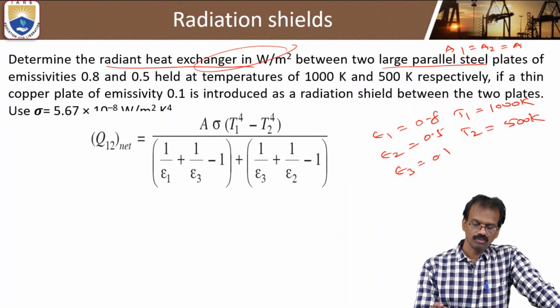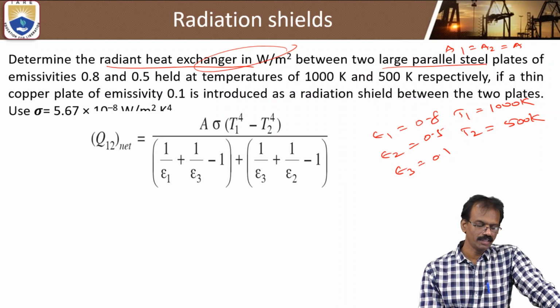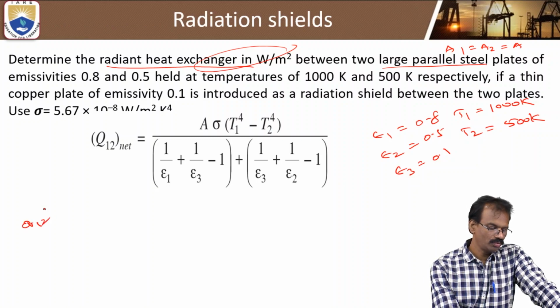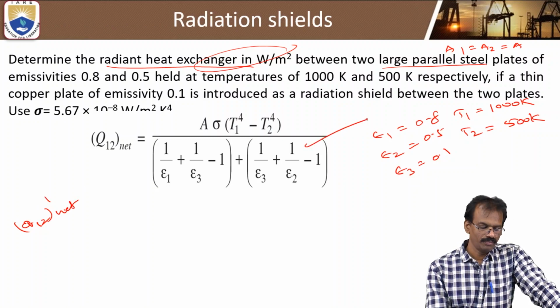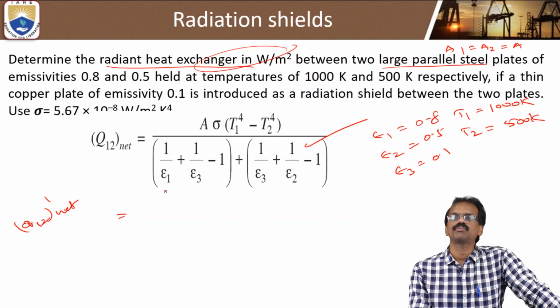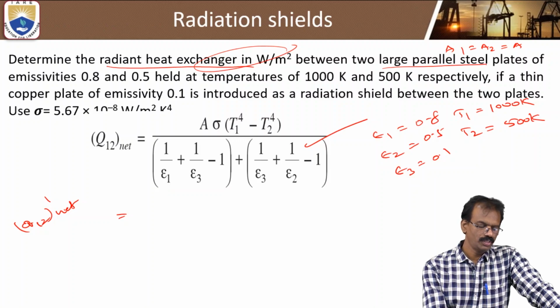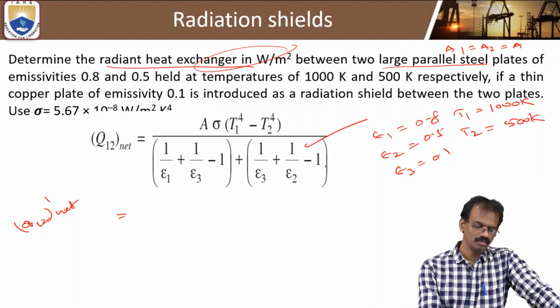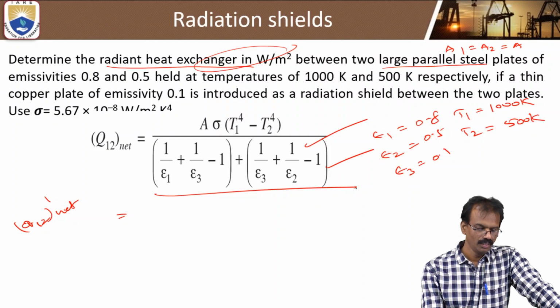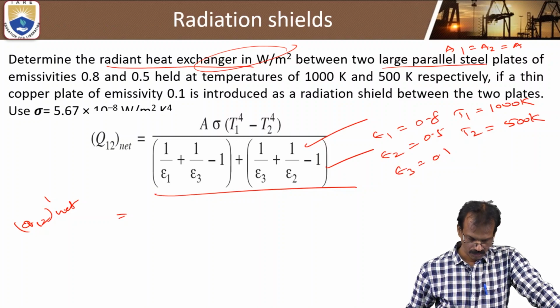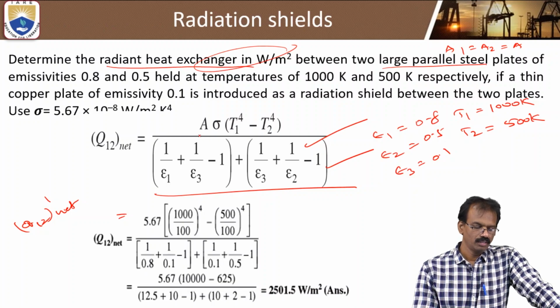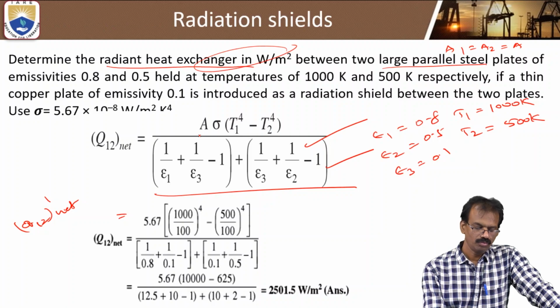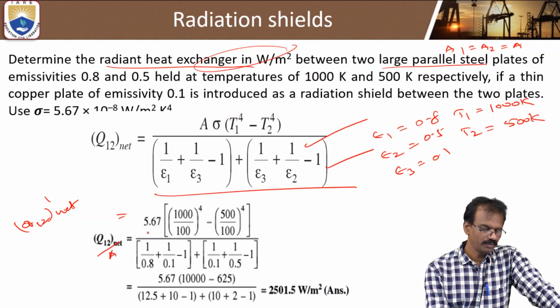So first of all, radiant heat exchange with shield, directly you can find out the rate of heat transfer Q1 to net with shield. With shield means you know the formula. So that is sigma A into T1 to the power 4 minus T2 to the power 4. Right? So with shield means 1 by epsilon 1 plus 1 by epsilon 3 minus 1, 1 by epsilon 3 plus 1 by epsilon 2 minus 1. So by using this formula, you can solve this one. So if you substitute the values, you can find out the flux Q12 by A is equal to